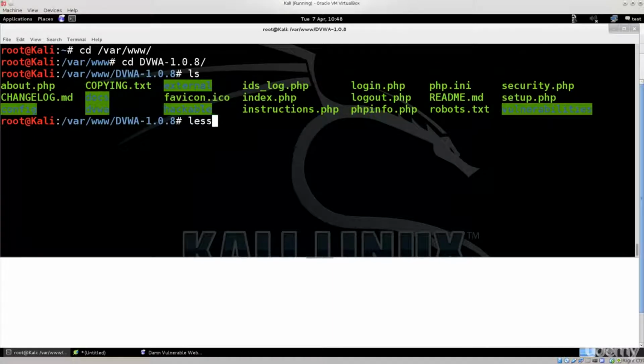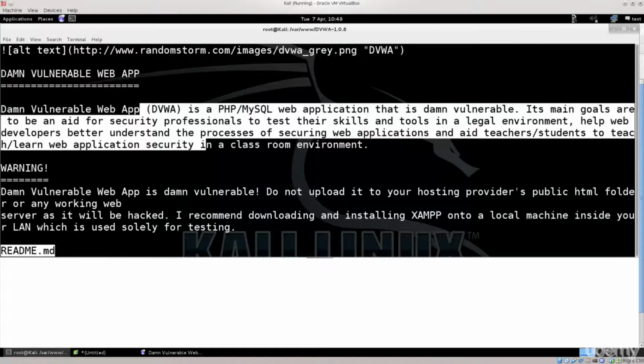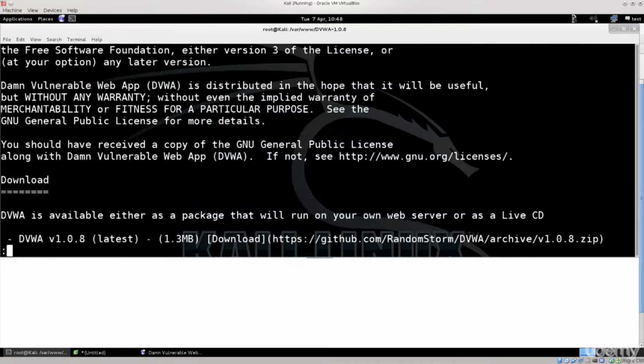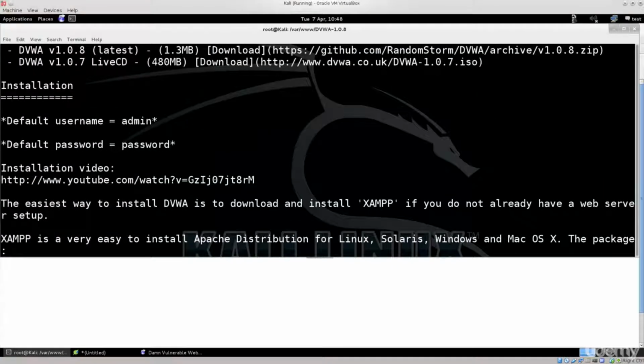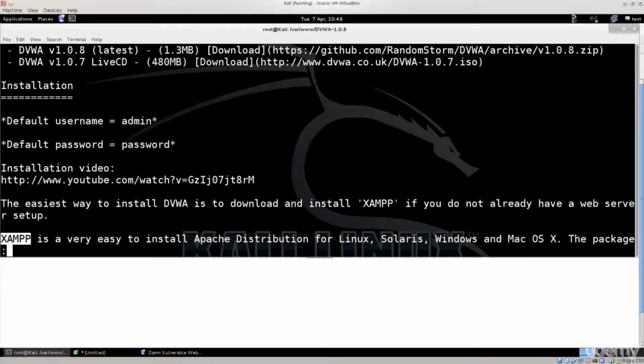So let's just go ahead and open up the readme file, and you have a lot of explanations here. Feel free to go ahead and read through them. Well, actually there isn't that much of it, but there are some useful things. So it says default username is admin and default password is password. There is an installation video as well. I've already shown it to you, but feel free to watch this version of it as well. I don't think that you'll see anything extremely different, but they use XAMPP to actually run